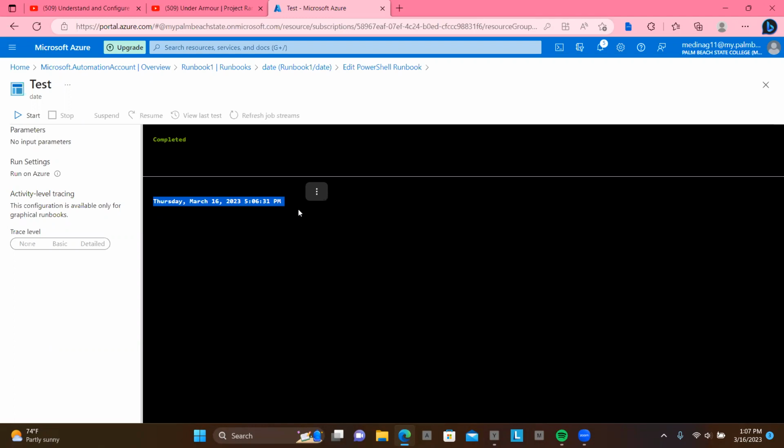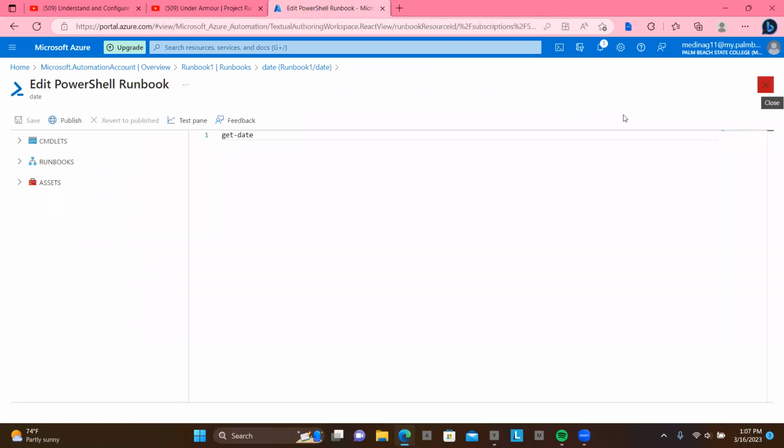So there's an option to, let's just X out of here. So we know it executes like it's supposed to, right? Let's just X out of here. And here, there's an option to publish as well. So just click